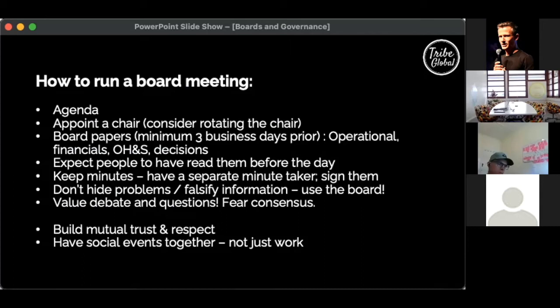So I used to do this with Startup Catalyst. We were a team of 2. My ops manager would come into the board meetings. She would take all the minutes. But every now and again, we might have to ask her to leave the room. And it's not an ego thing. It's just purely from a perspective of